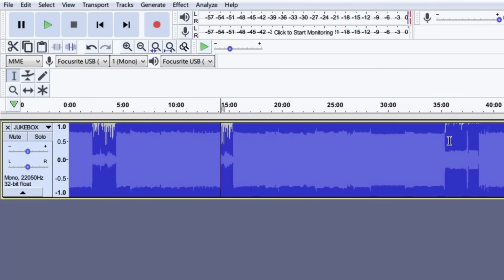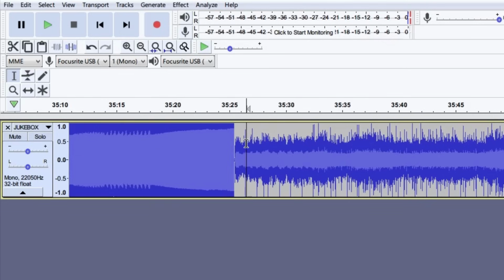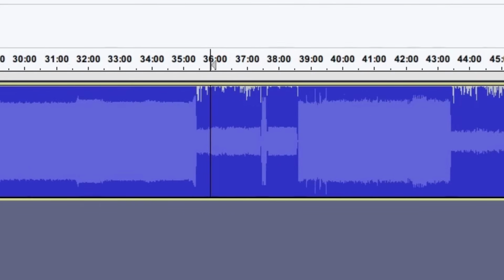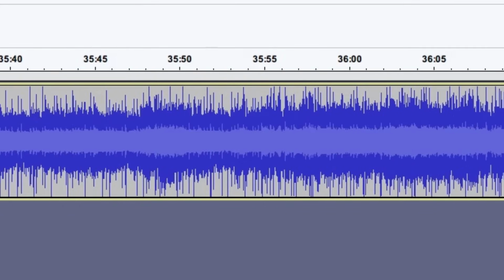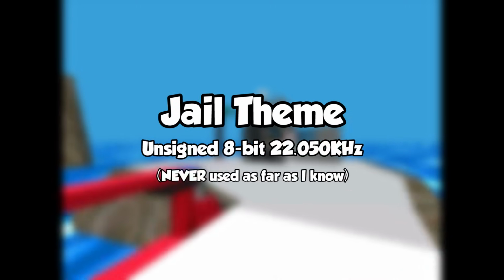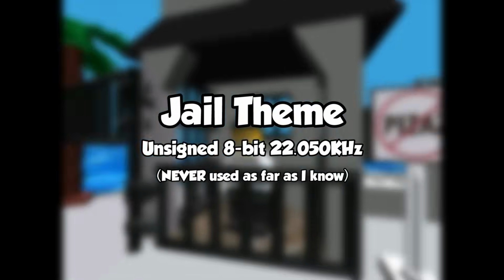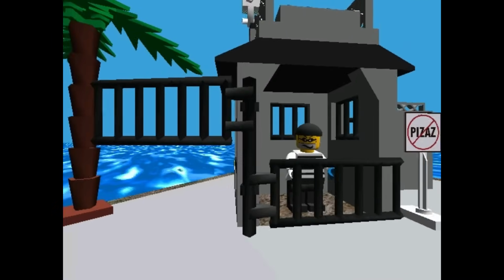What's weird is some of these tracks are just the 11 kHz tracks duplicated in 22 kHz, but in those situations it's still the 11 kHz ones that end up getting used in-game. But damn, you can really hear the difference in the sample rate. Listen to the jail theme in both formats. I actually kind of prefer the 22 kHz tracks, but I guess the dither noise was considered less pleasant or